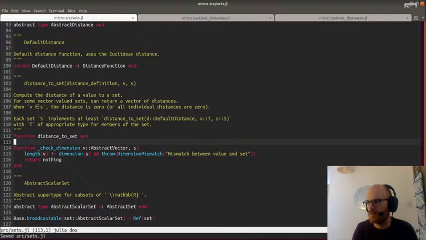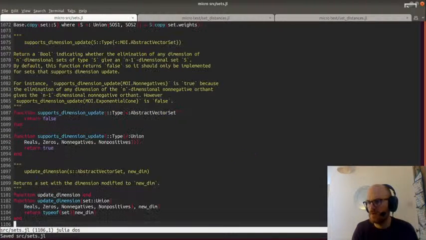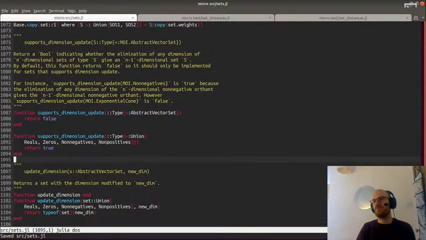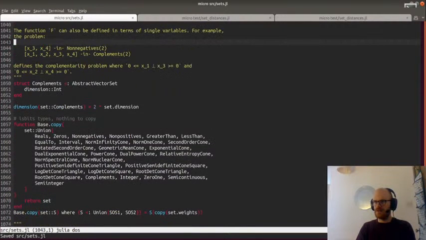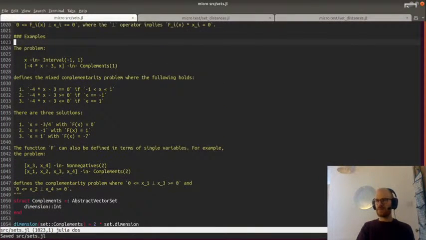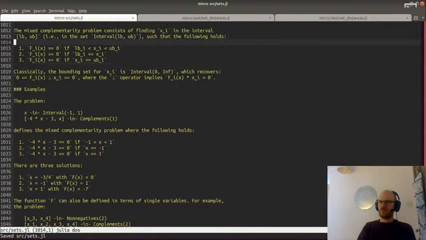Yeah, I think we're all good here. And now check maybe for some others if we have some meaningful distances that we would like to add here that are not yet there. So the complement set is an interesting one, because what is the distance to a complement set? It's either